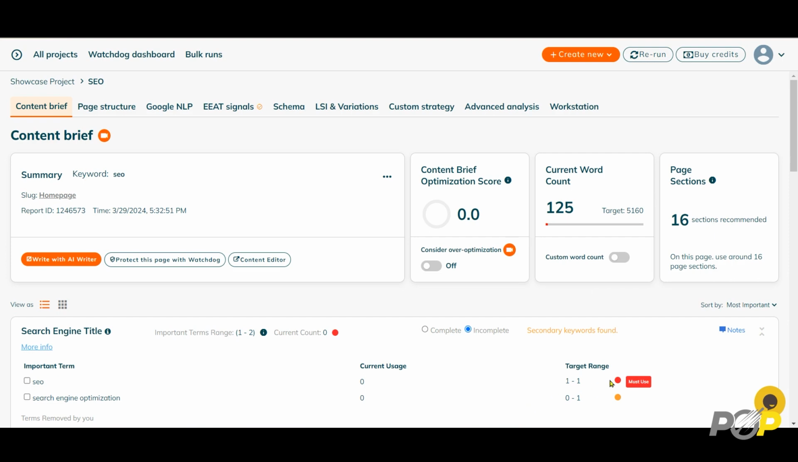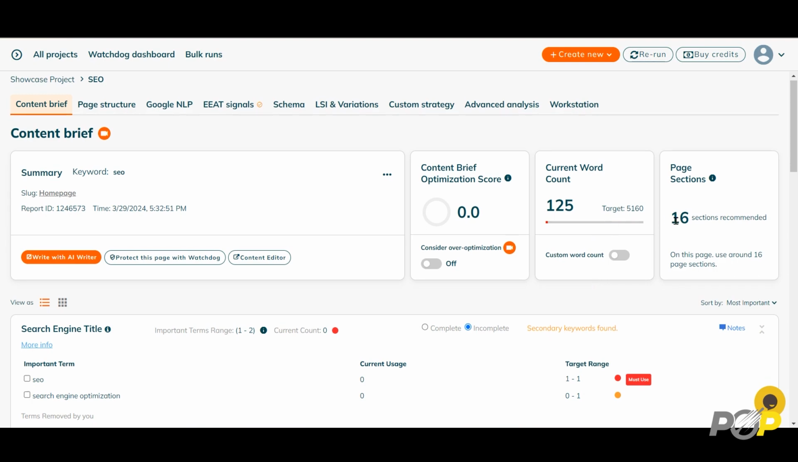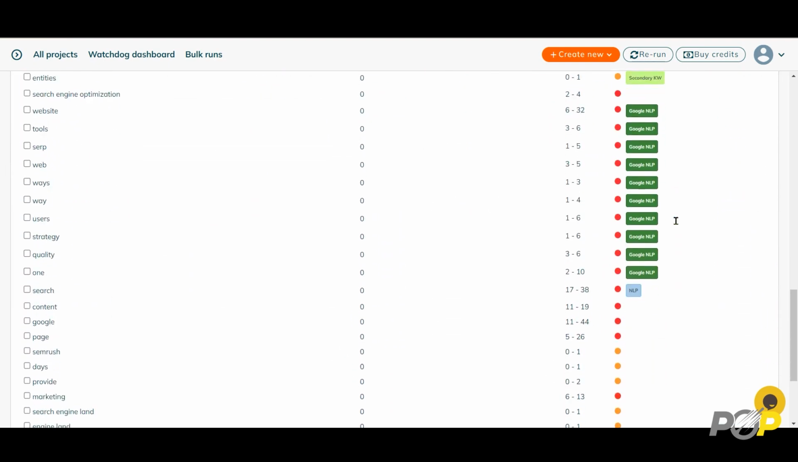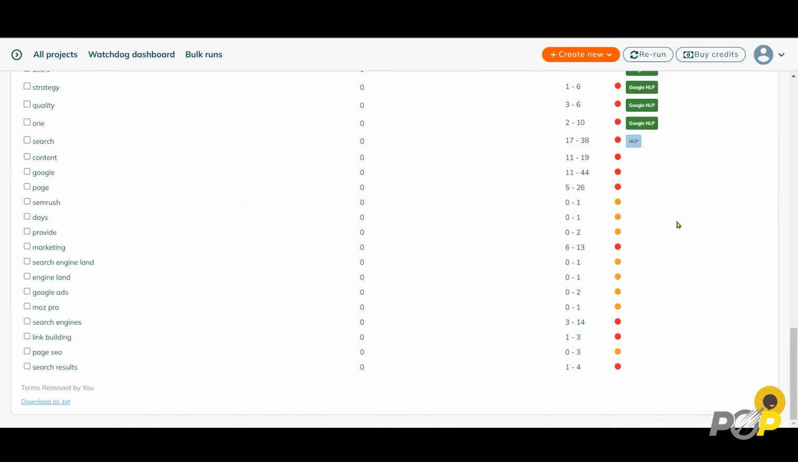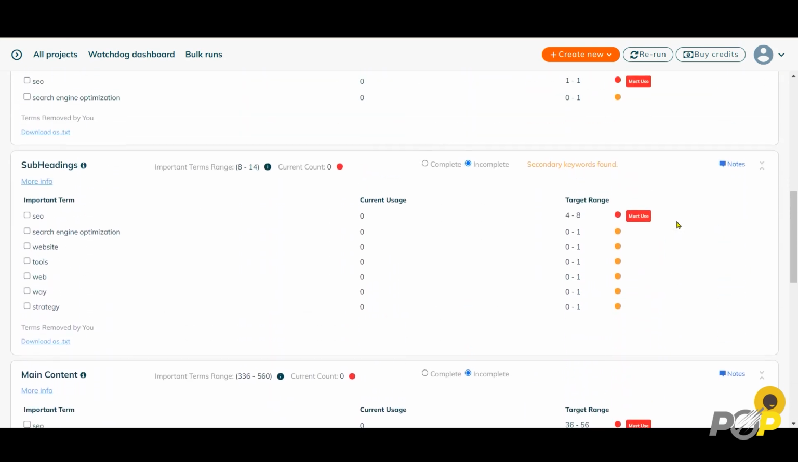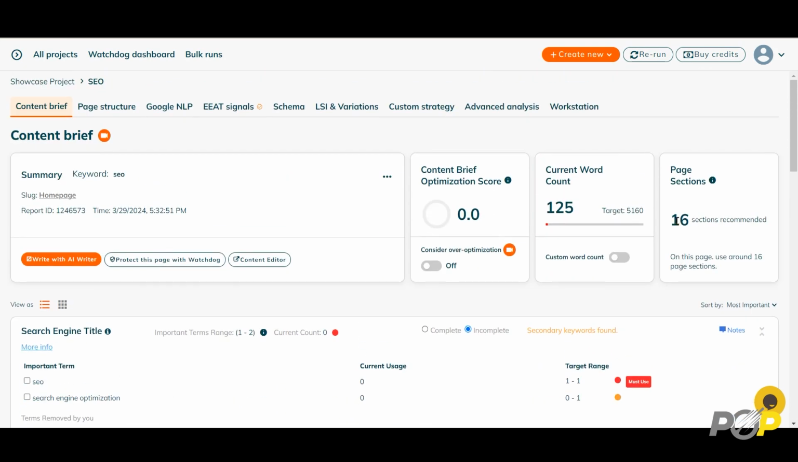With the content brief, you'll receive recommendations on how many terms to add to 4 important sections of your page. Think of it like having an expert SEO leaning over your shoulder, guiding your hand through optimization. At the top of the content brief will be the summary section. Here you can view your content brief optimization score, your recommended target word count, and your page section recommendation, amongst